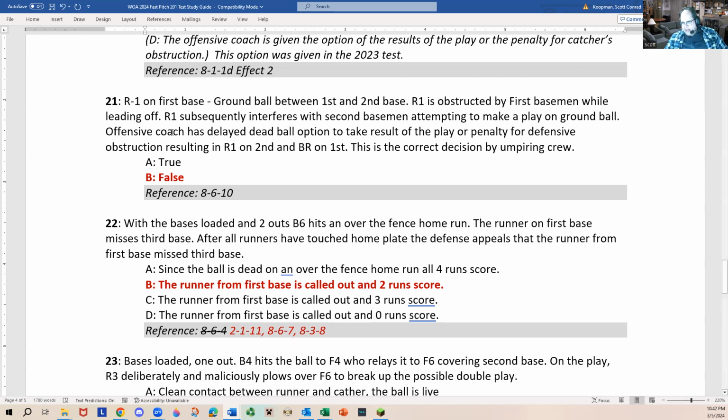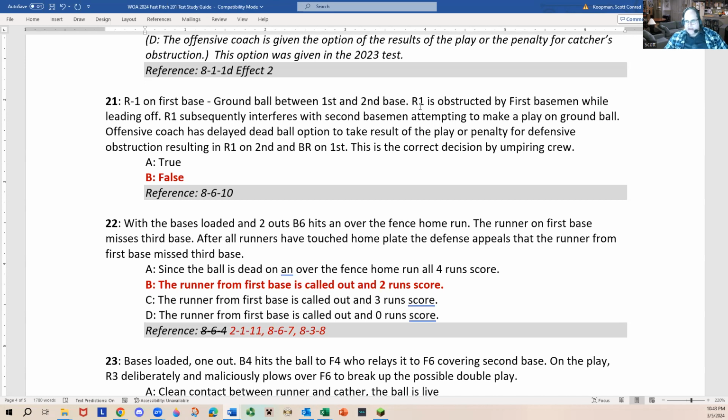Let me wind that back here for a second. So we've got a runner on first, a ground ball hit to the second baseman. The first baseman gets in the way of the runner. So the runner's obstructed on their way to second. Normally that means once you're obstructed, you can't be put out between those 2 bases. So R1 is normally protected going all the way to second. However,